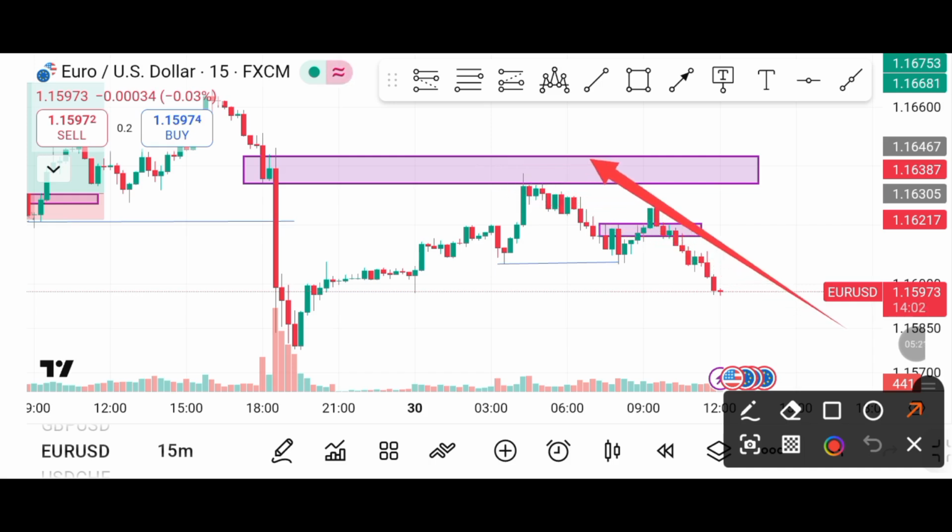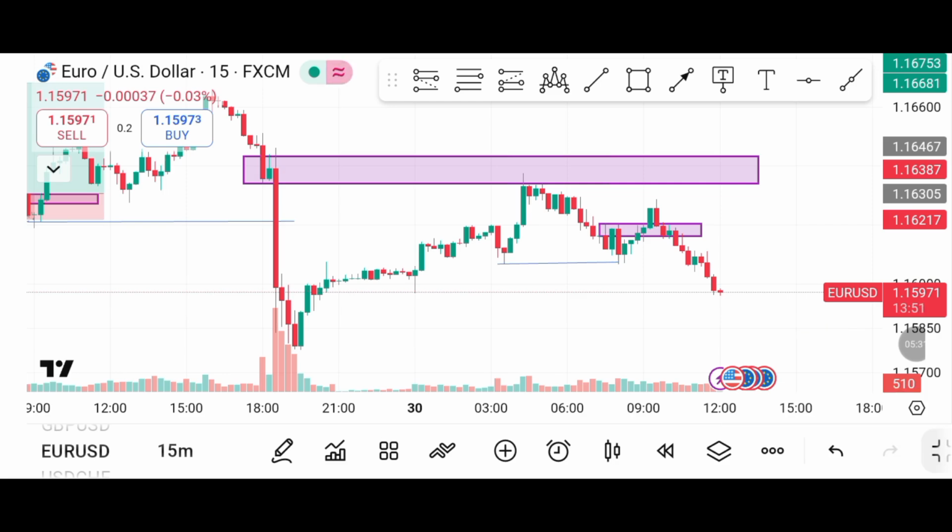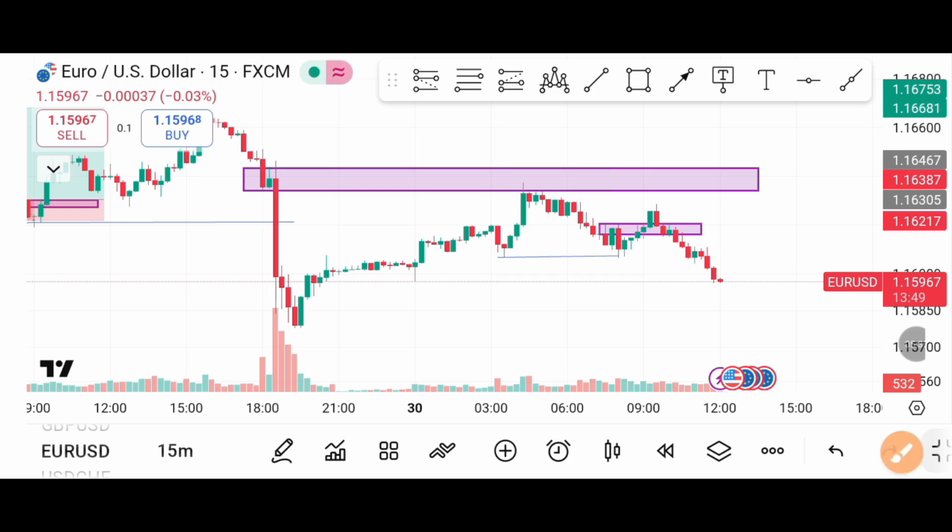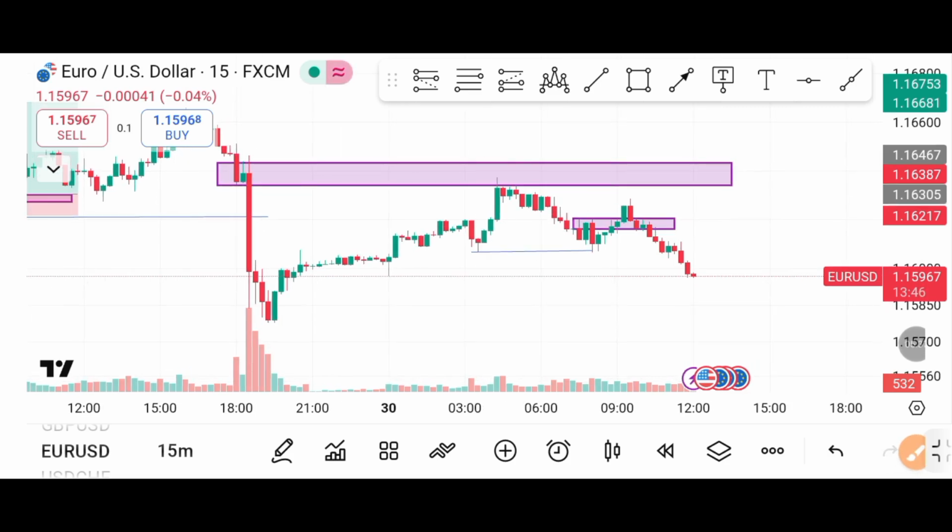So my stop loss was still at the top because I understand that price will reverse back before pushing further to the downside. So this was what played out. And now price is still pushing to the downside, where I'm expecting my take profit to be smashed. And this is where I have my take profit, guys. So if I have to draw out my short position,